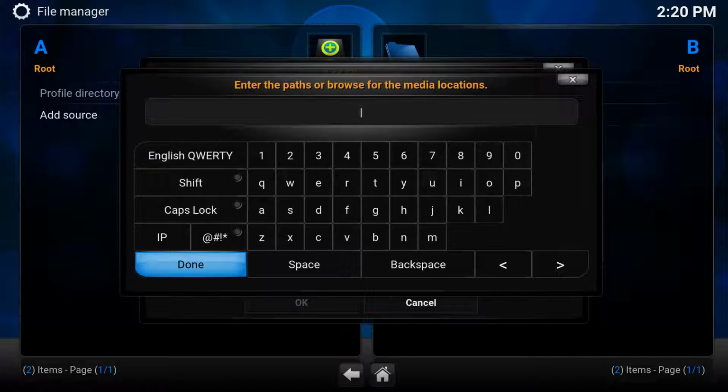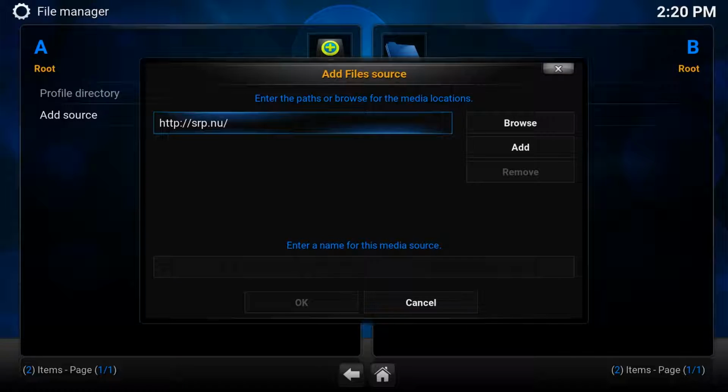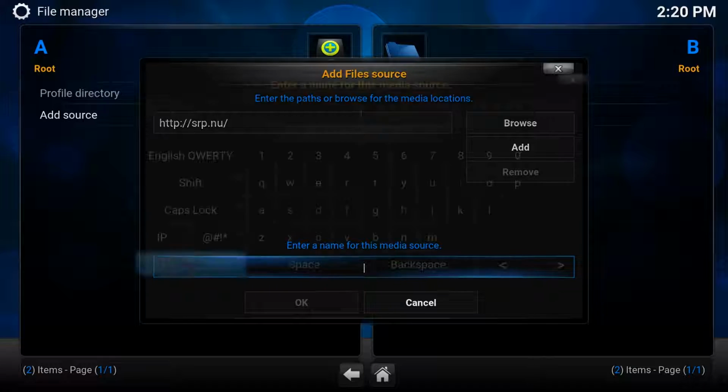I'm going to give you 4 locations, the most popular ones that will give you access to, of course they're all third-party apps, but these are the most tried, trusted ones out there. We'll talk about this more in a second, but for now, let's actually get these installed. So first one then is http colon slash slash srp.nu. This is called Super Repo, probably the most popular one out there. This is probably covering 95% of the apps, but we want to install everything, so I'm going to give you access to everything. So what I'm going to do now is give this a name.